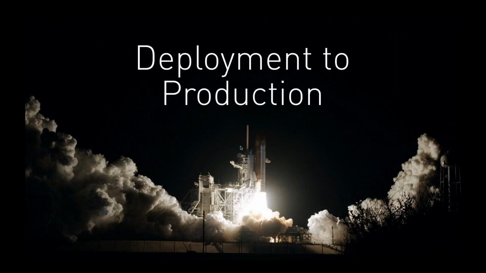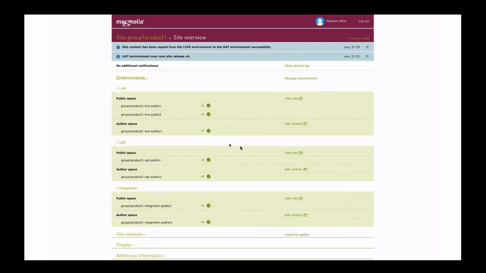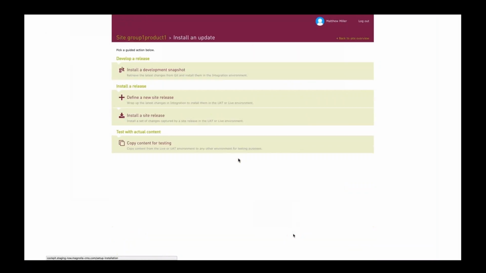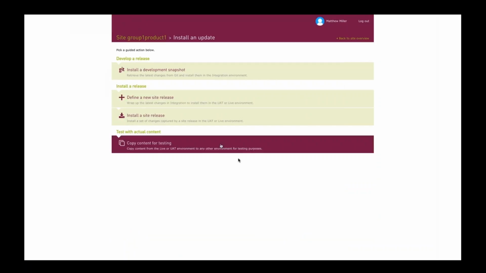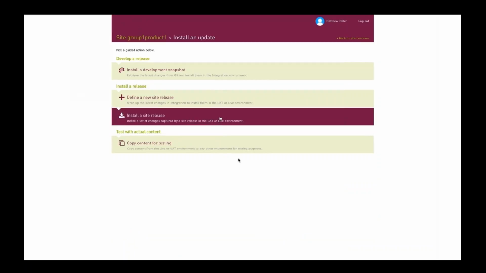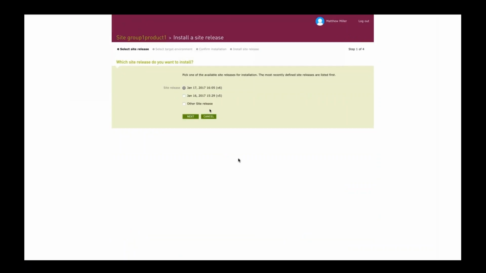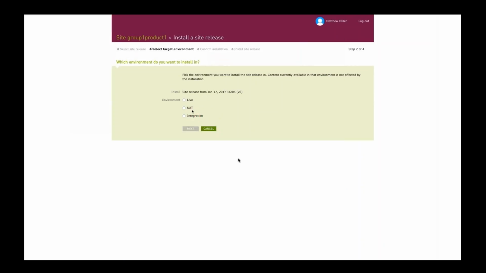So now actually deploying this into production should be super easy. What you have to do is simply go through the same steps. In just a few clicks, you can install the same release, version 6 on the top, directly to the live environment.